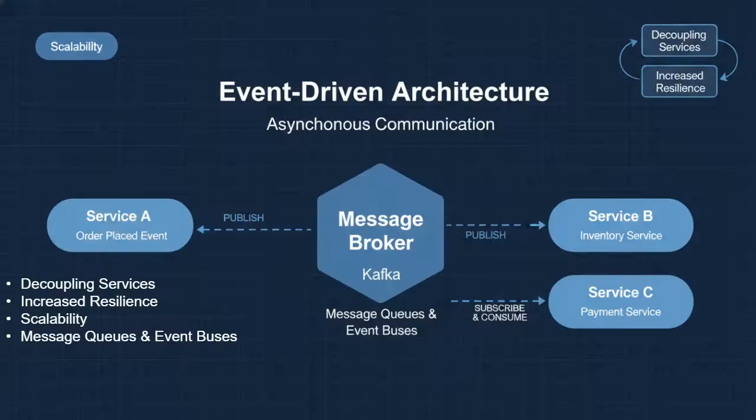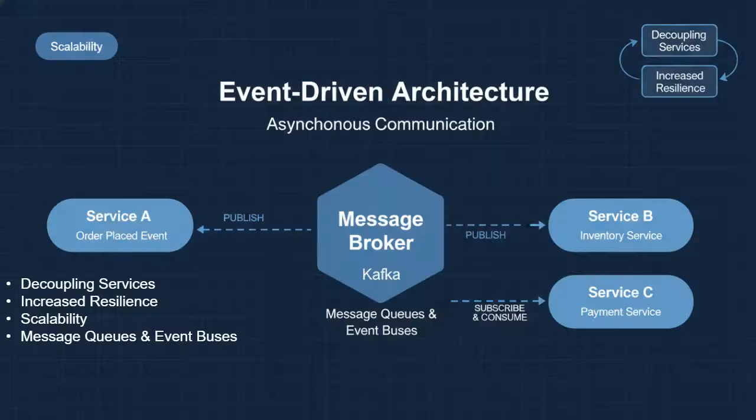Our fourth best practice is to implement an API gateway. As the number of microservices grows, clients face the challenge of interacting with many different endpoints. An API gateway acts as a single, centralized entry point for all client requests, abstracting away the underlying microservice architecture. Instead of clients needing to know the specific addresses of user service, product service, or order service, they simply send